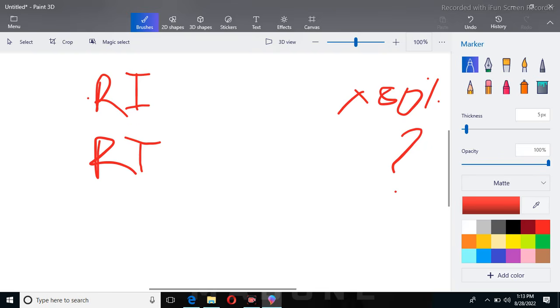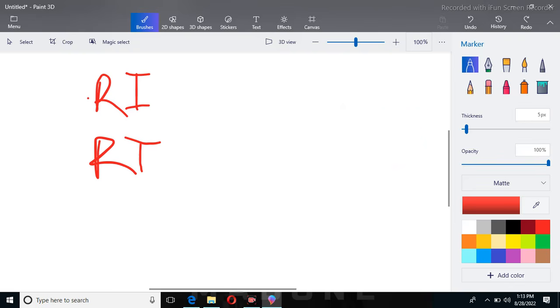Let me make an example. If I say 1 plus 1, I know this is not related, it equals 2, right? So this 2 is the summarized version of this 1 plus 1. But can you see that this 1 plus 1 is long, it takes more space, but this 2 is in singular form. So it's the converted version, right? I hope I make sense. I'm trying to make sense. It's the collective or converted version.